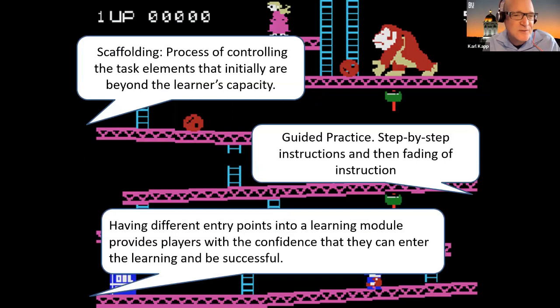One way to do that is through something called scaffolding, and I like the old Donkey Kong, right? But it's the process of controlling a task that might be initially beyond the learner's capabilities or the employee's capabilities, and you slowly help them learn how to do something, and then you give them a little bit more information and a little bit more information, and slowly they move up until they can do that particular activity.